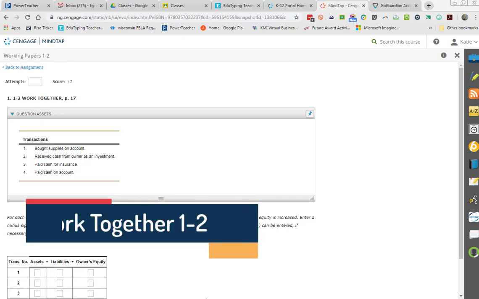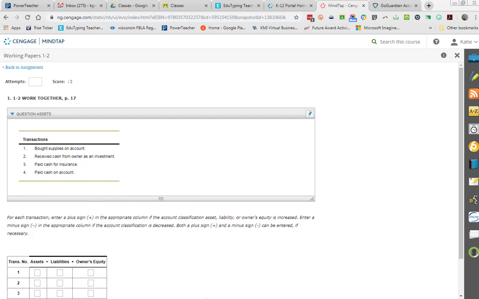Working papers open up, why don't you go ahead and spin around and look this way. I'm going to do a little bit of review before we actually go on the computer to complete our first